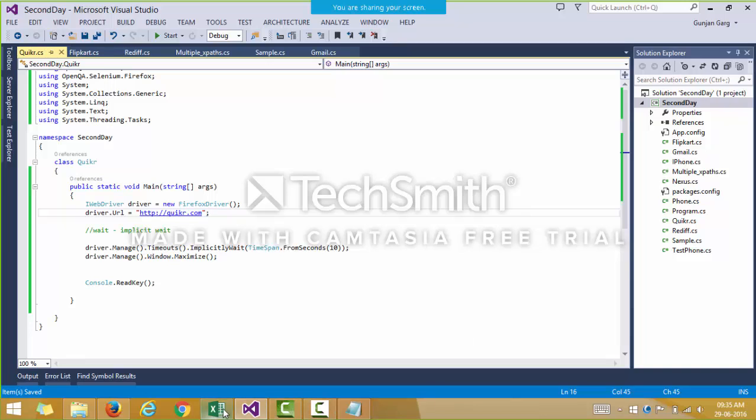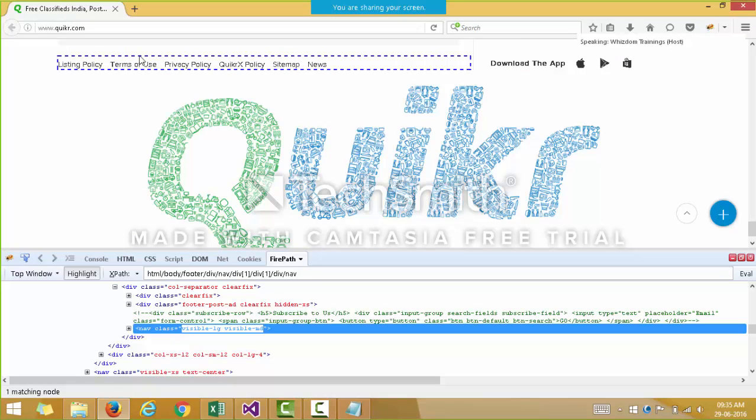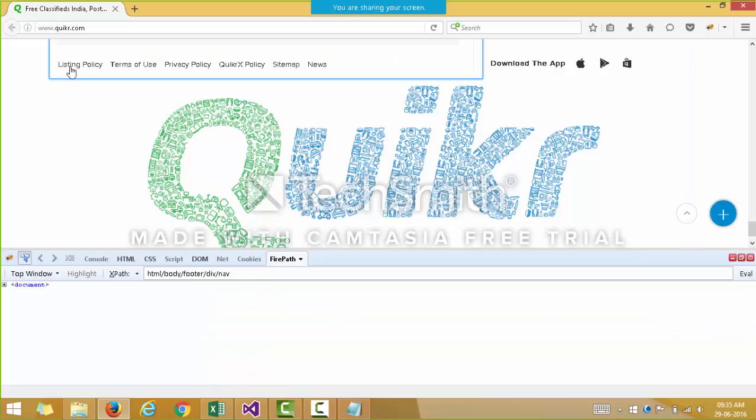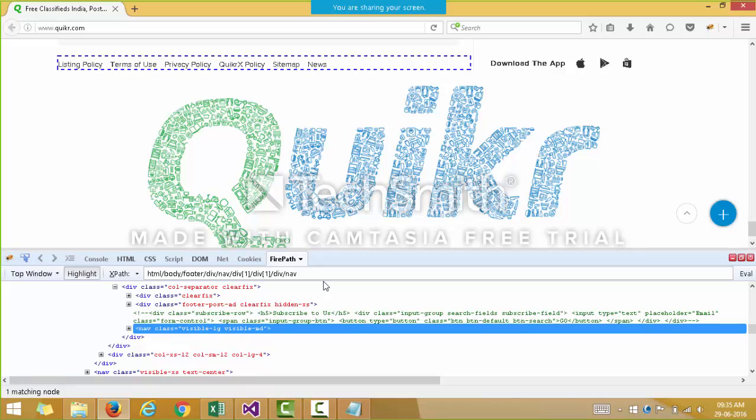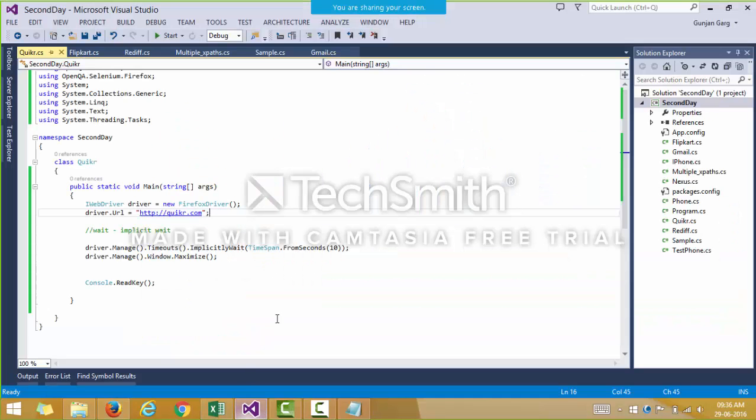So what we are doing right now is that I will extract this outer box of the footer. If we look into the XPath of this outer box, this is the particular XPath.